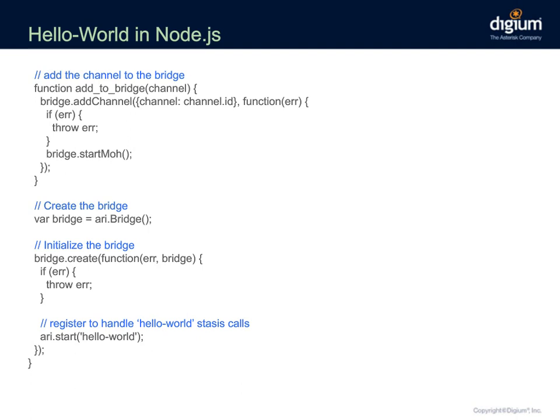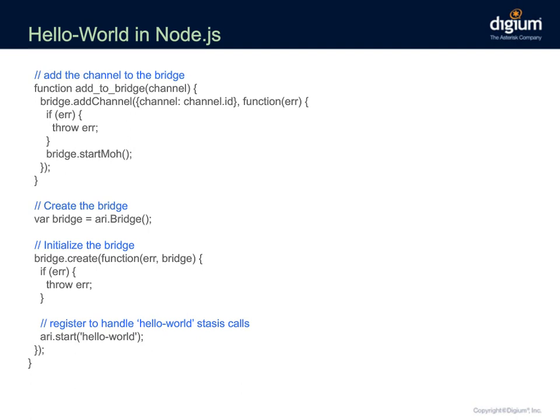So again, when a call comes into Hello World, the first thing it's going to do is hit the status start event. The status start event will trigger us to answer the call. Once the state change for that channel jumps to up, then we'll actually be able to play audio to it. So we jump into the play function. When the play function completes,